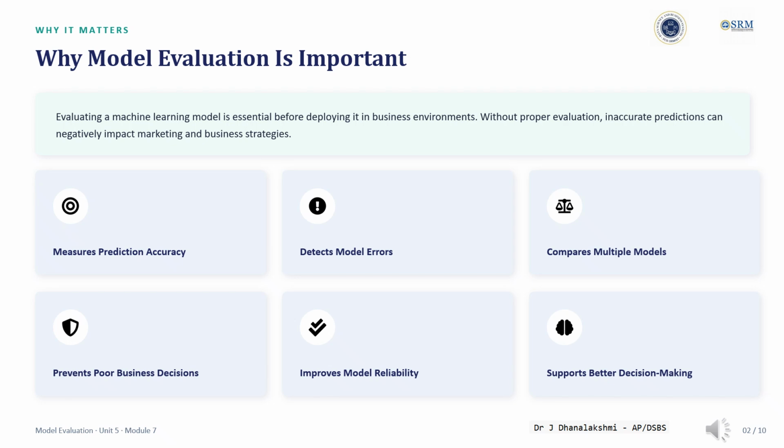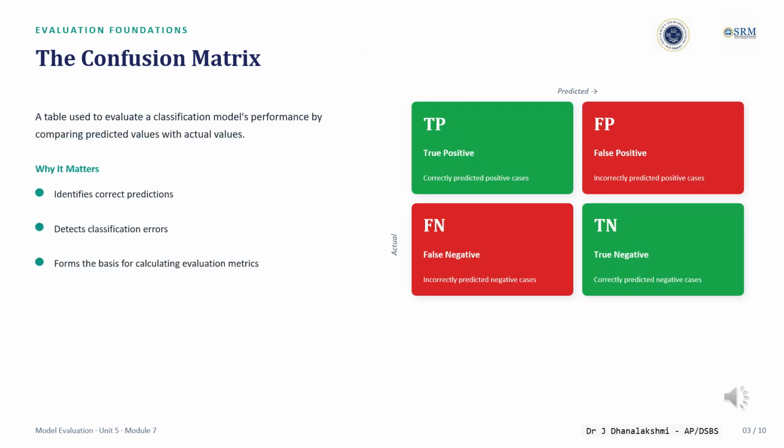real-world implementation. The confusion matrix is a performance evaluation table used for classification models. It compares the predicted outcomes with the actual outcomes and helps us understand how well the model performs. The matrix consists of 4 components: true positive, where positive cases are correctly predicted; true negative, where negative cases are correctly identified; false positive, where negative cases are incorrectly classified as positive; and false negative, where positive cases are missed by the model. These 4 values form the basis for calculating important performance metrics such as accuracy, precision, recall, and